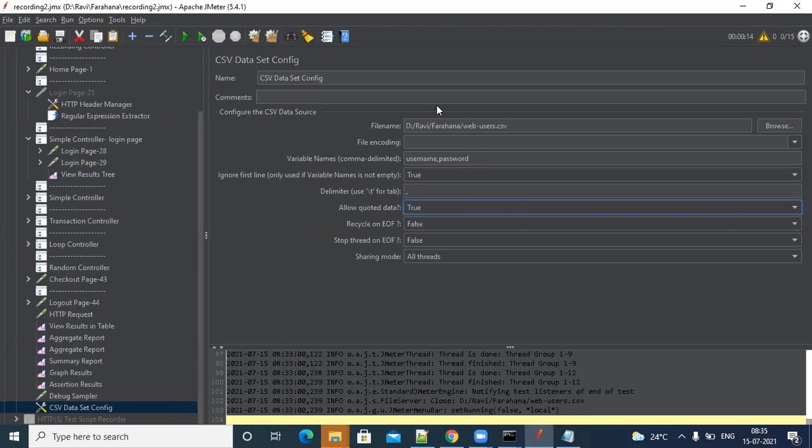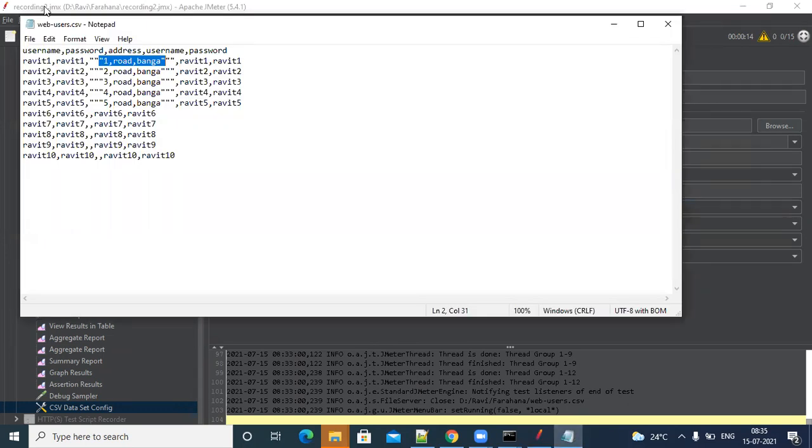It's clear, right? It should be a CSV, give the variable names, and based on our condition you just give false, true, whatever is required, and run it. The advantage of CSV is, suppose you have 10 APIs in your script and you need to pass different data. In the CSV we'll keep all our columns, suppose all 10 columns in one single file, and we'll call them wherever required.